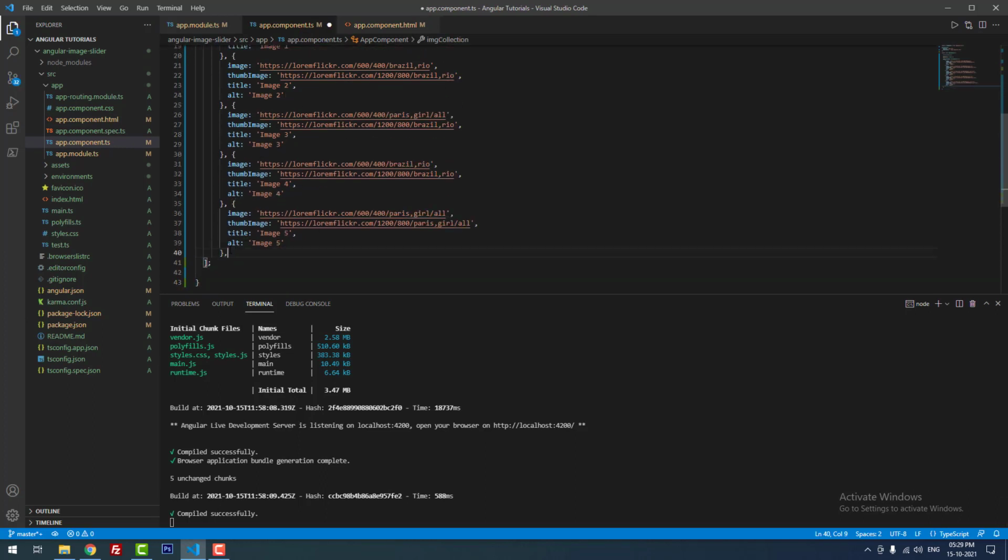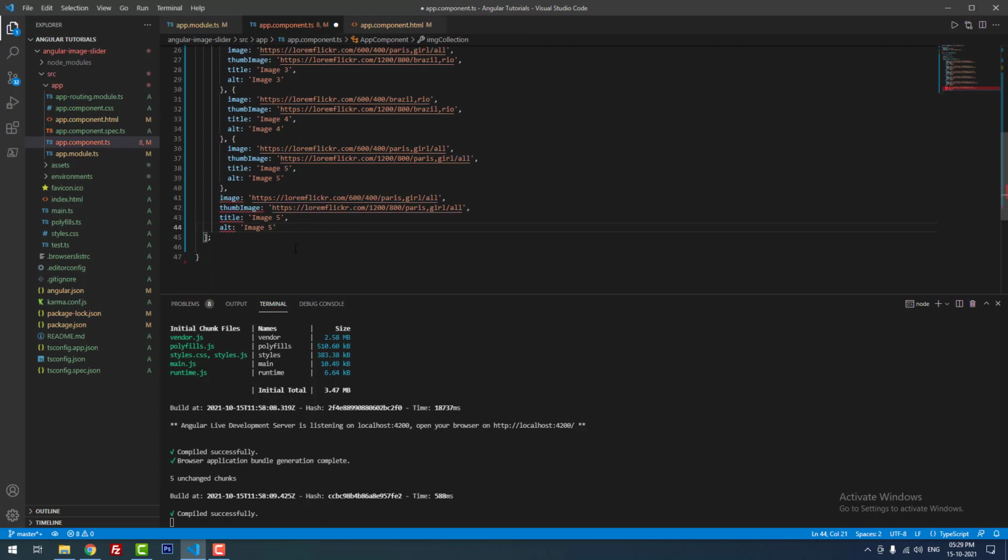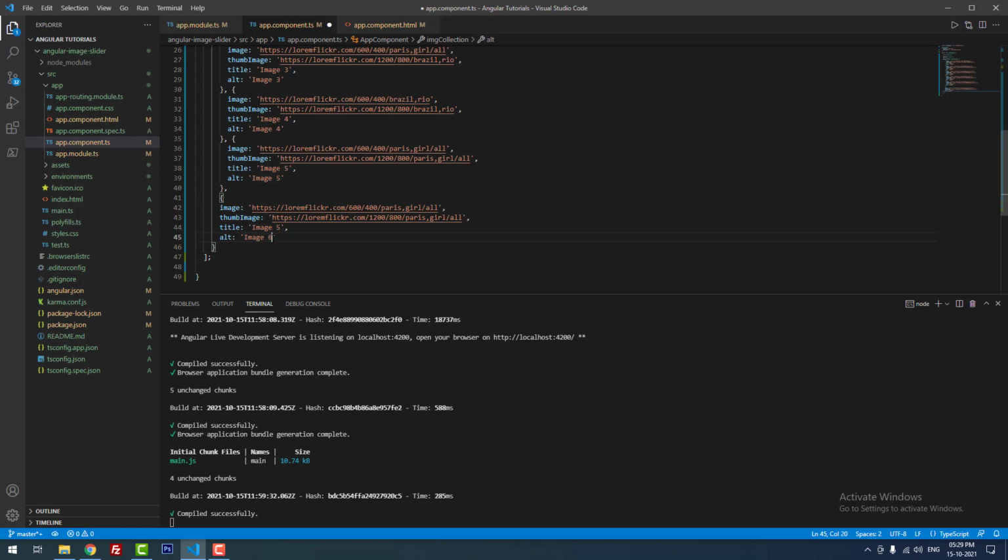Now I am going to add one more image. I am copying this code. I paste it here. Yeah, that's it. I changed the alt attribute as 6 and the image title as 6.